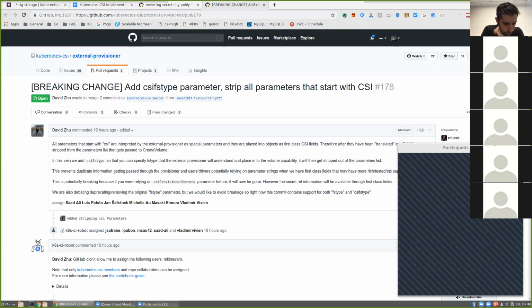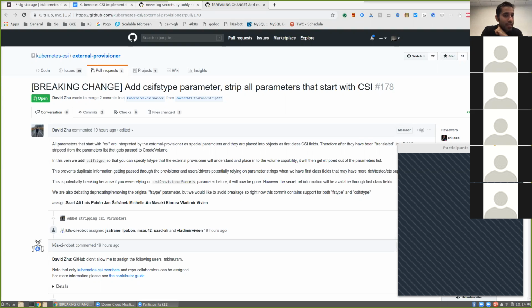namespaced your keys by prefixing them with CSI, right? And I understand it. And luckily, there's no vendor yet that has done that. But if there was a vendor that wanted to use that key, then there would be a collision. That's what I'm trying to say. That we say from now on, CSI prefixed keys belong to Kubernetes, right? I think that's the pragmatic option, honestly. It's the path of least resistance. We already do it, and we need to formalize it and say, anything prefixed with CSI is reserved for the CSI sidecar container.